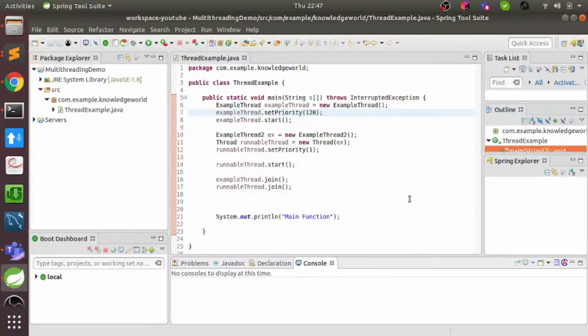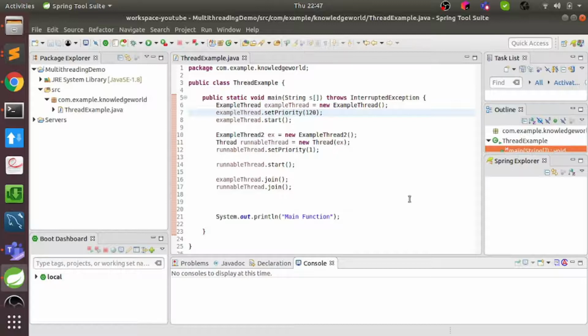There are times when multiple threads try to access a shared resource. By shared resource we mean, suppose there is a customer. The customer can withdraw the amount or deposit the amount, but each of these operations has to be atomic or synchronized. We will not go deep into synchronization in this video. Let's say we synchronize by using the synchronized keyword in the functions, which will do synchronization for us.